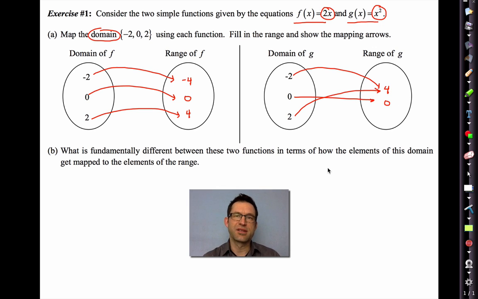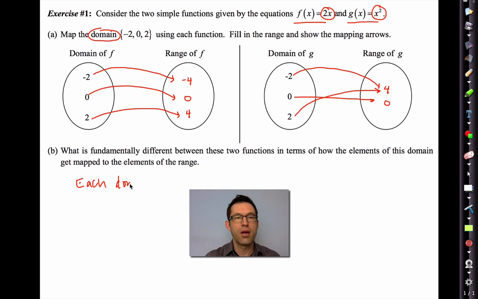Now, letter B asks, admittedly, a little bit of an ambiguous question. What is fundamentally different between these two functions in terms of how the elements of this domain get mapped to the elements of the range? Well, there's obviously a lot of big differences. You could say, well, function g only has non-negative outputs, whereas function f has some things that are negative. There's lots of different things you could say, but what we're trying to get at here is that